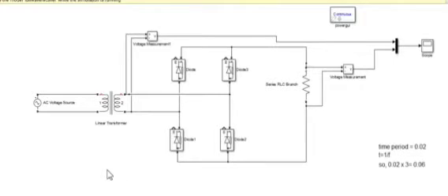Hello everyone, my name is Shah Faisal and I am going to demonstrate the simulation of the full wave bridge rectifier. For this demonstration, we have used an AC voltage source of 230 volts and frequency 60 Hz, and we have used a step down transformer. To rectify both half cycles of a sine wave, the bridge rectifier uses four diodes named diode 1, diode 2, diode 3 and diode 4.